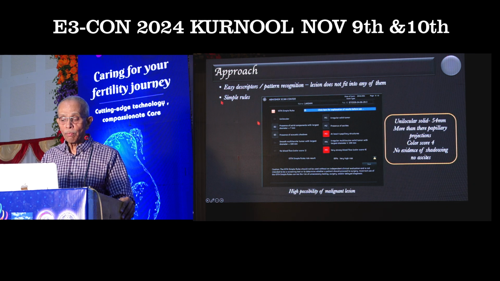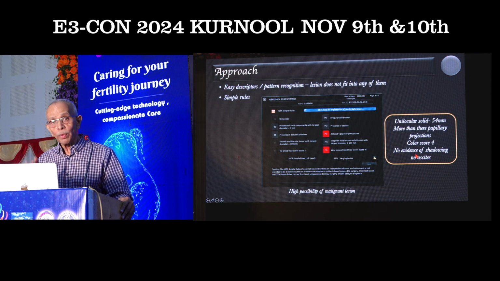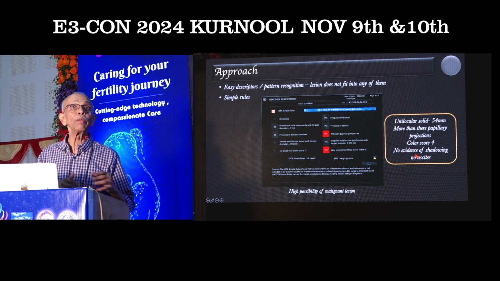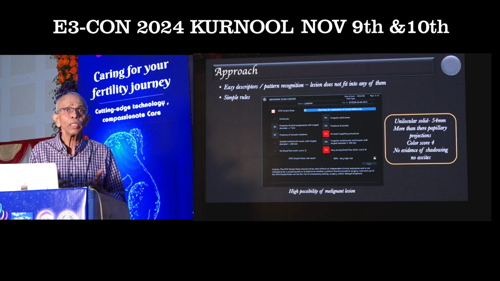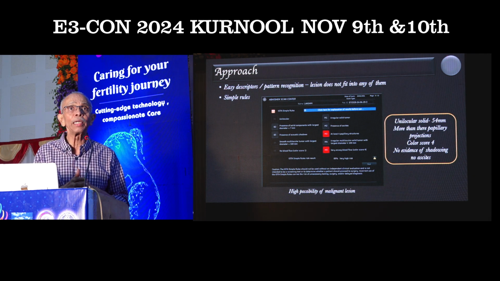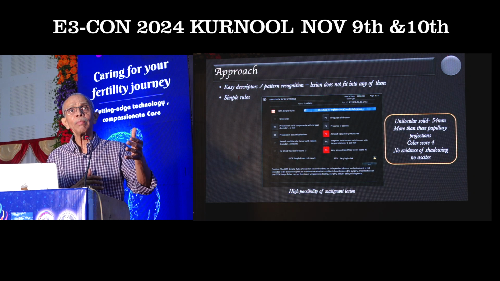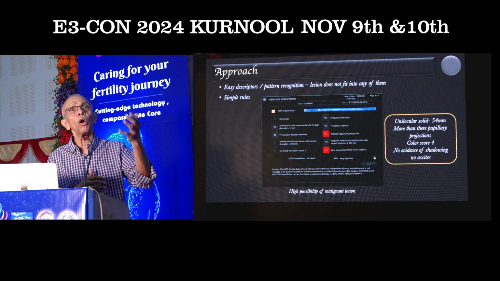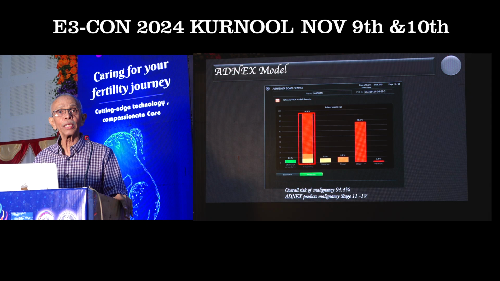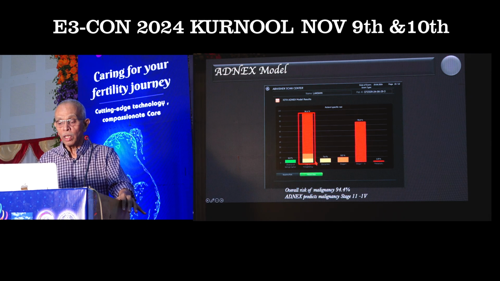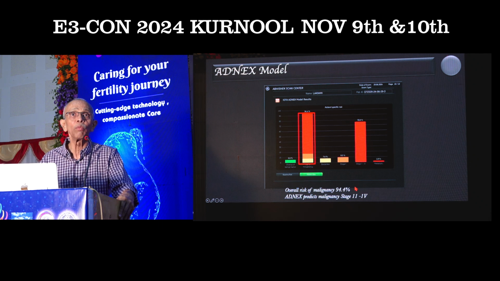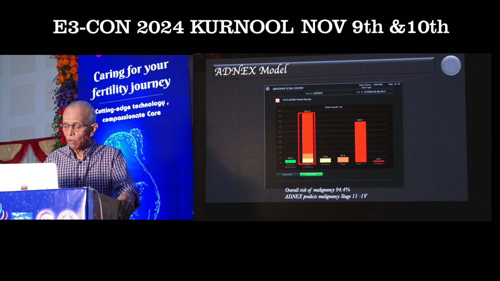Whereas if you use the simple rules, it shows a high possibility of malignancy, because there are no benign features, but there are 2 malignant features. So we know that we are dealing with a malignant lesion, but we would like to know which sort of malignancy, because the ADNEX model can tell you whether it is benign or malignant. If it is malignant, is it borderline, stage 1 malignancy, stage 2, stage 4 malignancy, or a metastatic tumor. When you put this onto the ADNEX model, the overall risk is almost 94.4, which is definitely more than 50%. It is a high risk for malignancy.